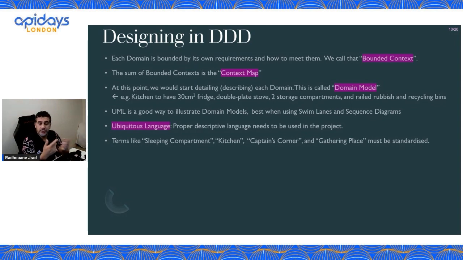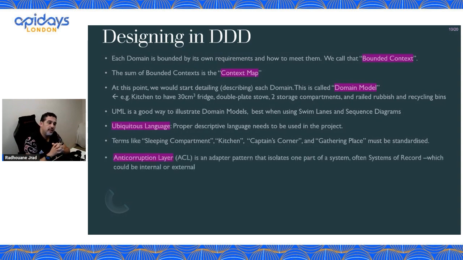A good example is client versus customer. Some software use client, some software use customer, and the business would be using both. So these are exceptions, but in general you try to speak the business language when you are presenting a solution for that particular domain. The anti-corruption layer is the one layer that protects the whole design for that domain from